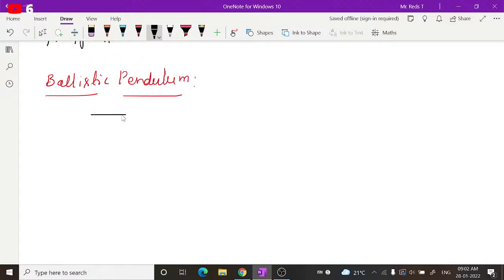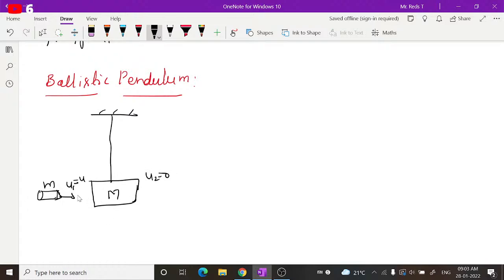If you have a rigid support and a wooden block of mass capital M, and a small bullet of mass small m fired with velocity u, or you can say its initial velocity, this is a system of two particles, bullet and block system, and it is fired with the initial velocity u, provided the initial velocity of the block u2 is 0,